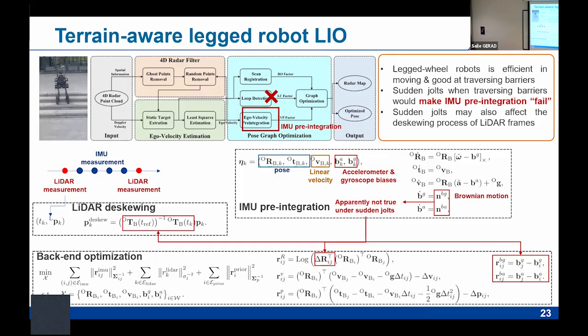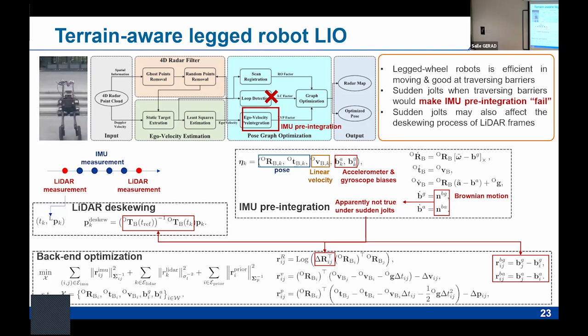And then for each LiDAR point, in R3, you have a timestamp. So you have to deskew that because it's a rotation-emission kind of sensor. So you need to deskew that based on your pose estimation. And also, why this pre-integration might fail is that